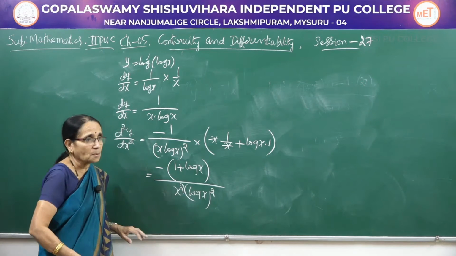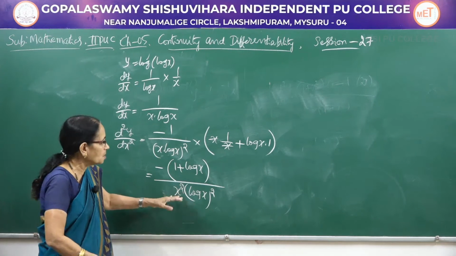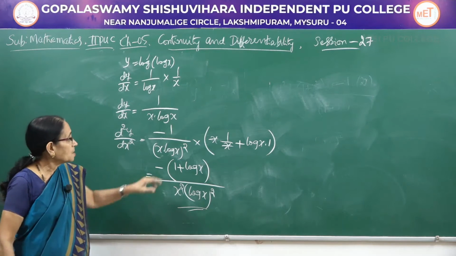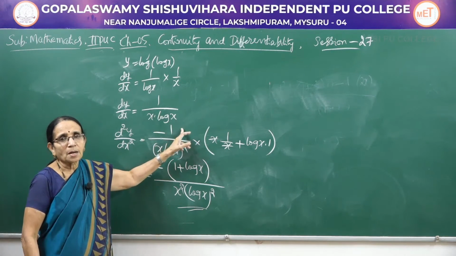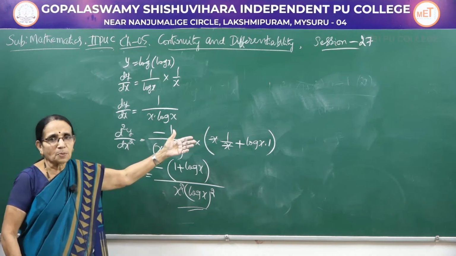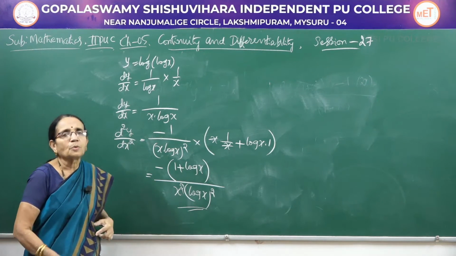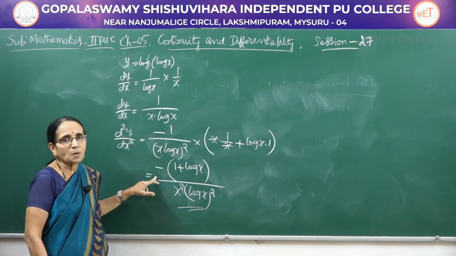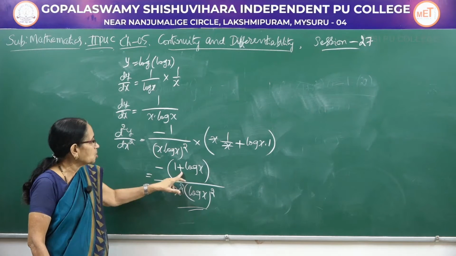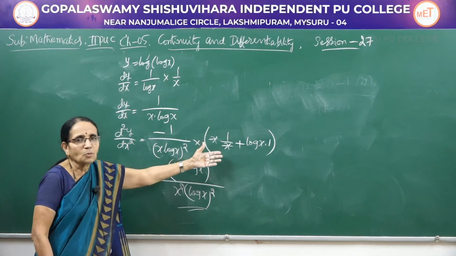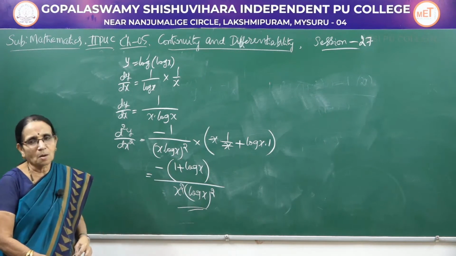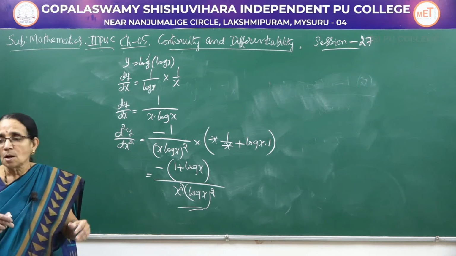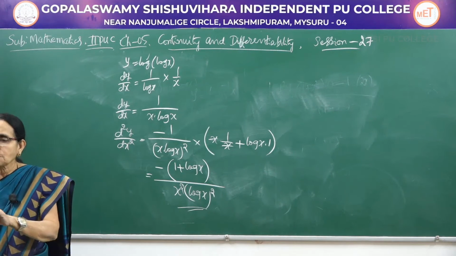Don't write log square x here. Many students do that also, log x the whole square. So this becomes the derivative. Suppose you had taken this as a quotient and applied the quotient rule as we did in the previous problem, then also we would have got the same result, because the denominator into the derivative of the numerator becomes 0. Then numerator into the derivative of the denominator, the same thing we would have got here, then square of the denominator. So whichever rule you apply, whichever method you follow, we get the same answer.